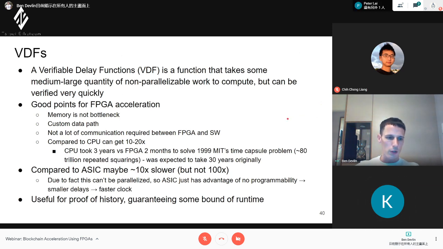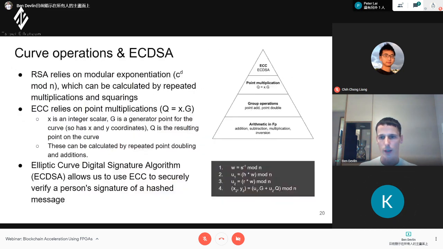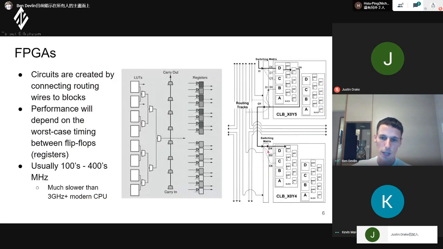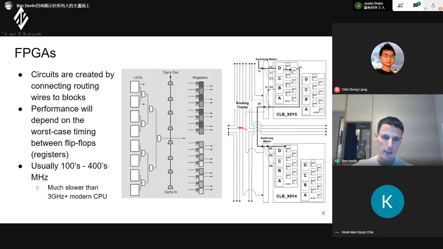You can think of an FPGA and an ASIC as the same thing, in the sense that when you design an ASIC, you write some hardware description language, and then you fabricate it. But on an FPGA, you're fabricating it to some programmable logic. The reason the FPGA has a slower clock speed is because of the programmability. You have all the multiplexers and this kind of thing. For example, if I go back to the top, on an FPGA, you have these switching matrices. On an ASIC, you don't have this. This adds to the delay, which makes your clock speed slower.